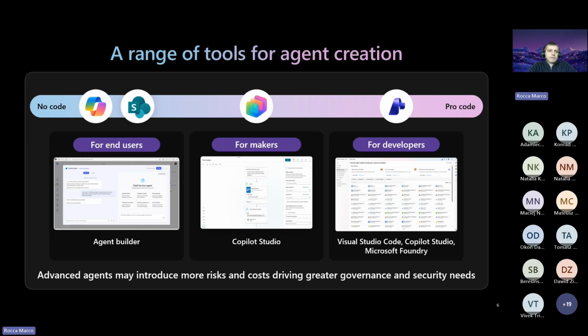We have different types of agents, and today different options to create an agent. From the simple part, using Agent Builder, Copilot Studio Lite, which changed its name more than once during the last 2 years, that is the tool for the end user, and Copilot Studio for makers. Copilot Studio is a part of the Power Platform, and this is an important aspect for administration and governance. And obviously, for our developers, you may create an agent using Visual Studio Code. But today,